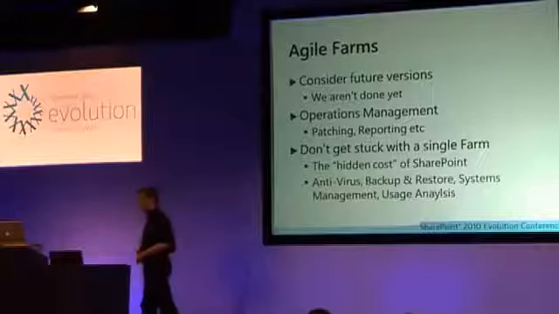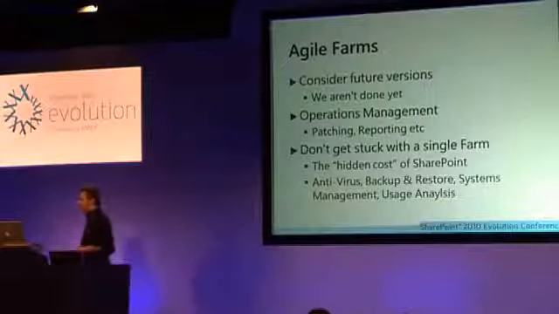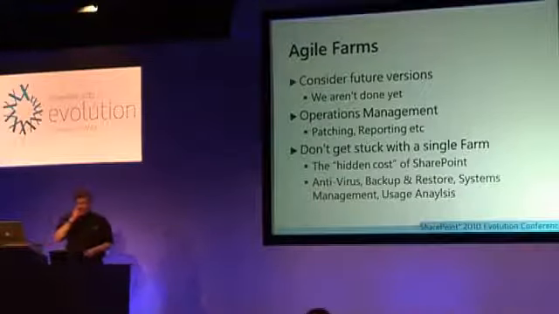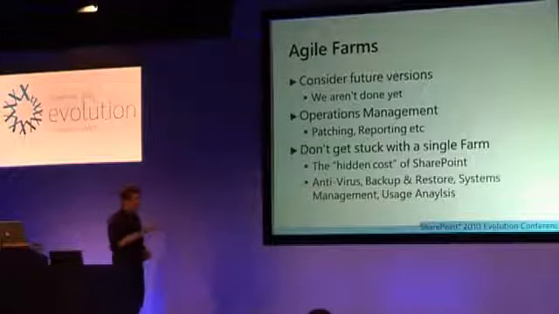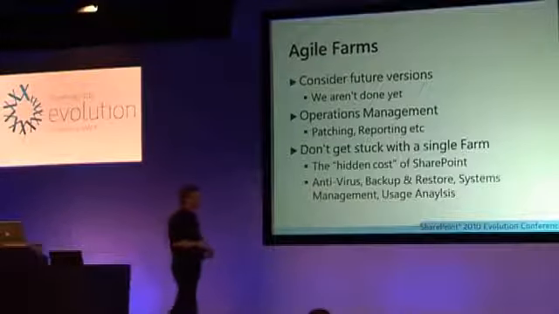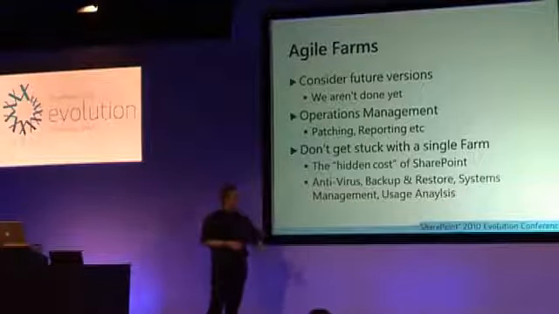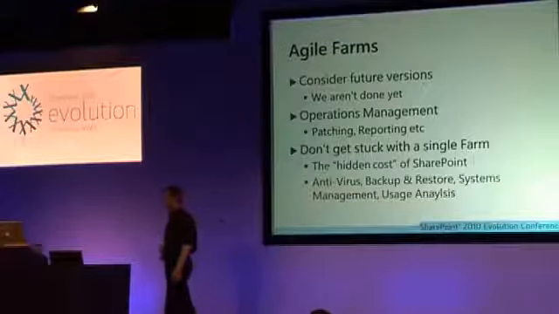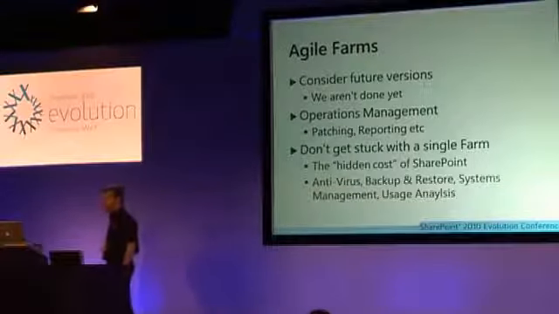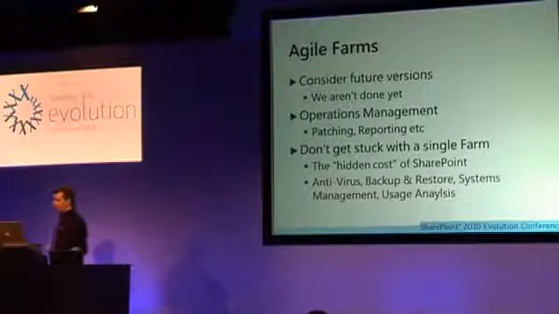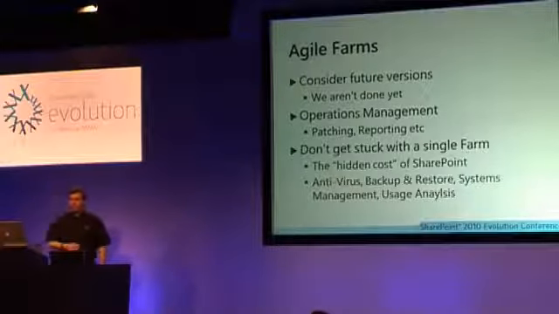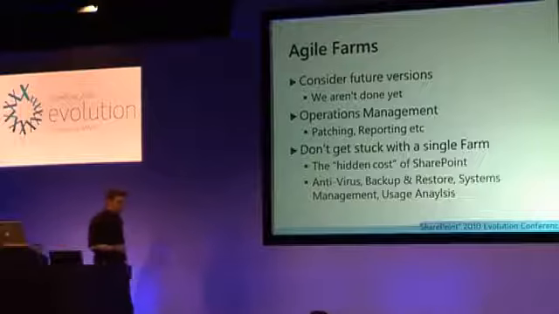Because even if you're using RBS, that file doesn't touch. You know, it's going to be ignored by that solution. So you need a streaming AV solution if you care about protecting your users. Obviously, backup and restore. Perhaps you saw Chris's session. You know, the out-of-the-box backup and restore is pretty crappy.